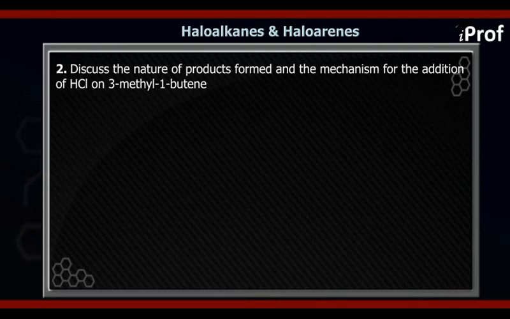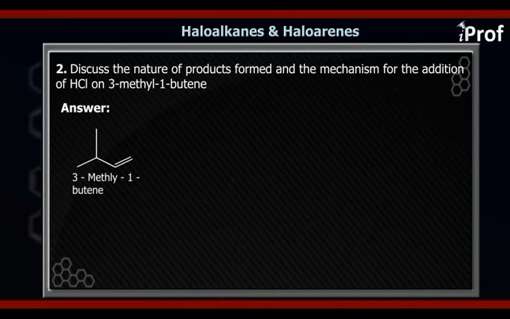See, the thought process should be like, whatever the question is given to us, first of all identify the reactant. Now we know that in this case the reactant is alkene. That means this will undergo electrophilic addition reaction. Now we know that on addition of HCl in the alkene we get haloalkane, and in HCl the electrophile is